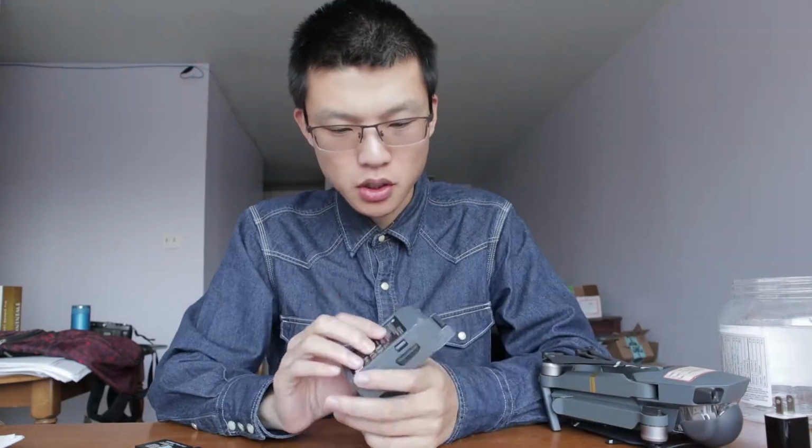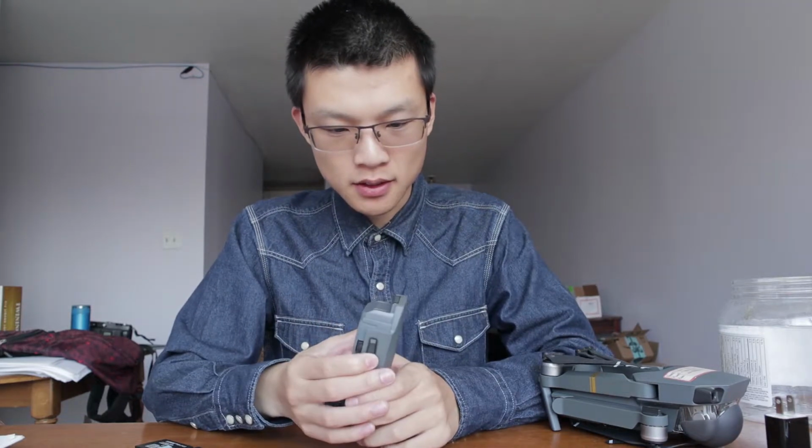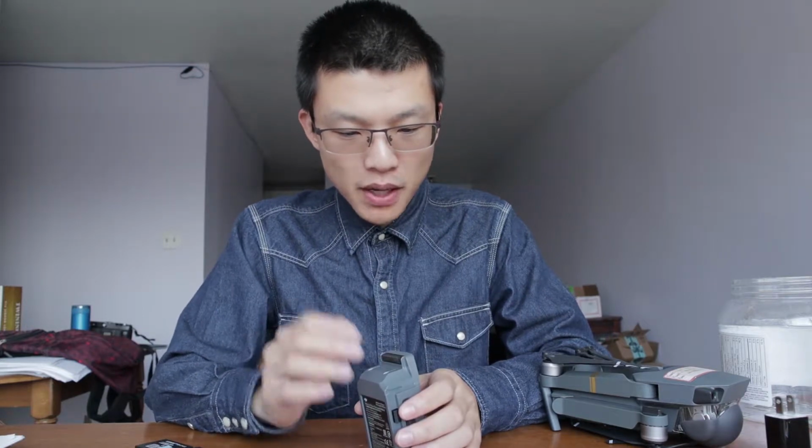Yes, I think DJI definitely did a very, very good job on managing the battery system here. DJI's batteries have a strange function. If you charge it to 100% and you leave it there for a very long time, lithium-ion batteries do not want to stay at 100%. So it will slowly discharge after a certain set time limit, for example 3 days, 5 days or 10 days. So the battery will slowly discharge on its own, which if you pull it out,